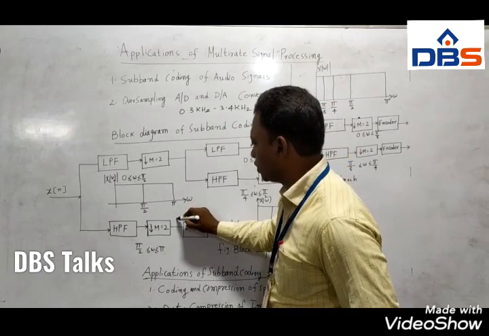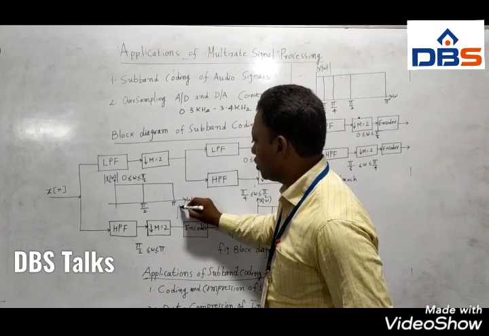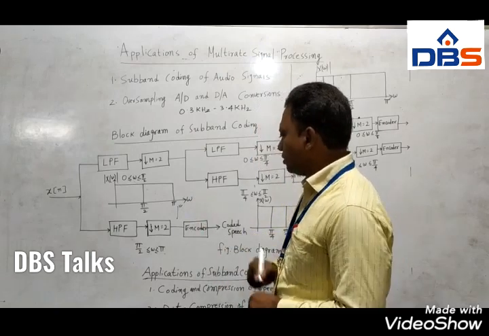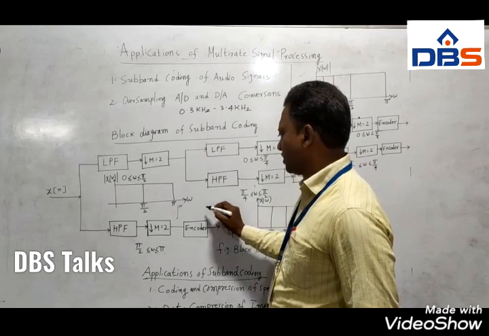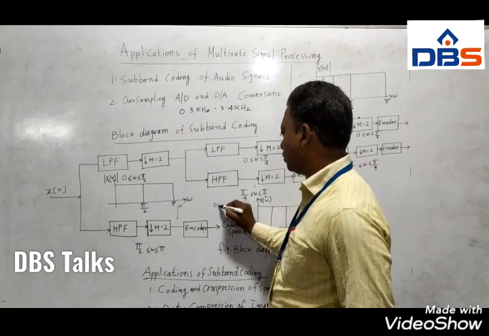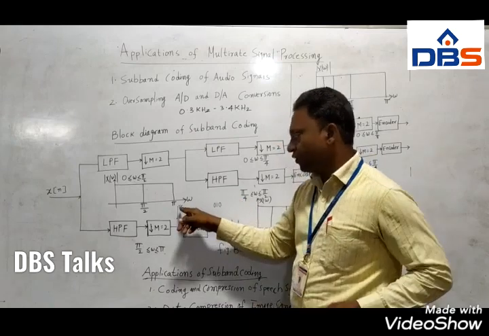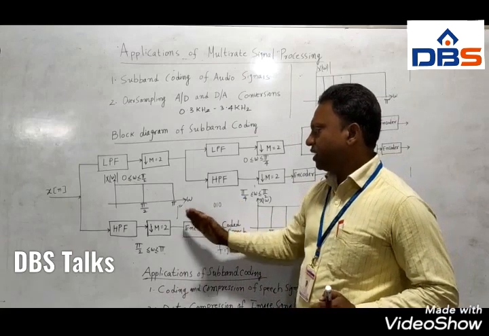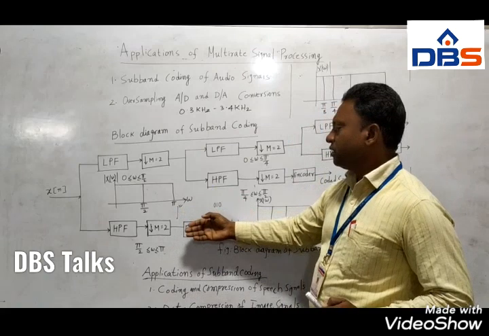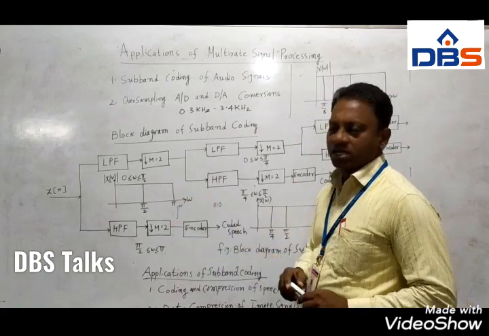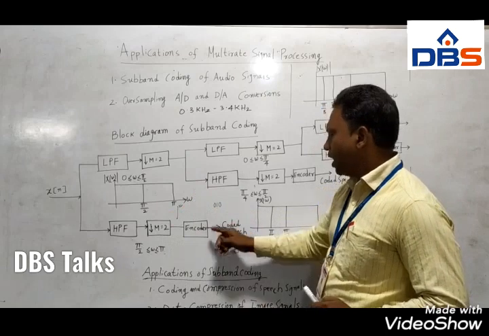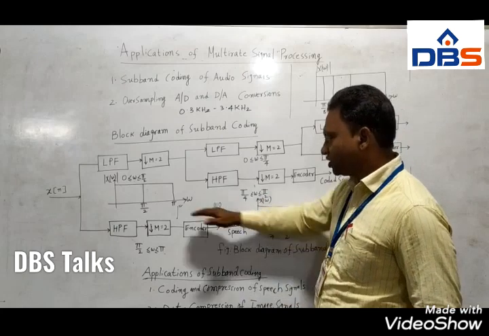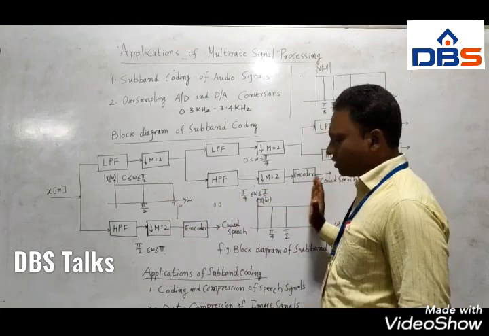of 2 volts, for example, you assume that a sample is coming with 2 volts, and this 2 volt sample is converted into, suppose we have a binary representation, 0 1 0. So this is the binary representation for these 2 volts. Like that, for every sample which is coming from the decimator, it will be encoded according to the amplitude of this sample. And that coded speech is stored somewhere for future purposes. That is what is happening in this branch.